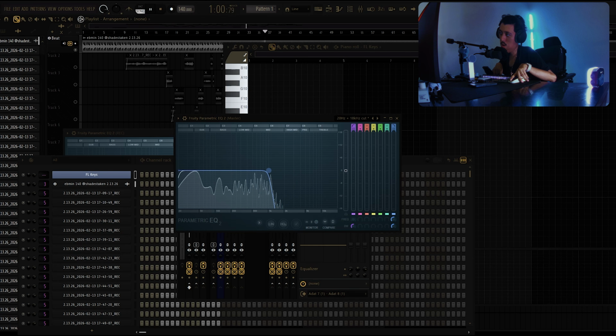If I do even more, I barely hear the clap. Barely. If I do even more, I can barely hear the clap a little bit, but barely. Now I can't even hear the clap anymore. And see, this part has no bass. There you go, there's the bass. You guys can't hear it.